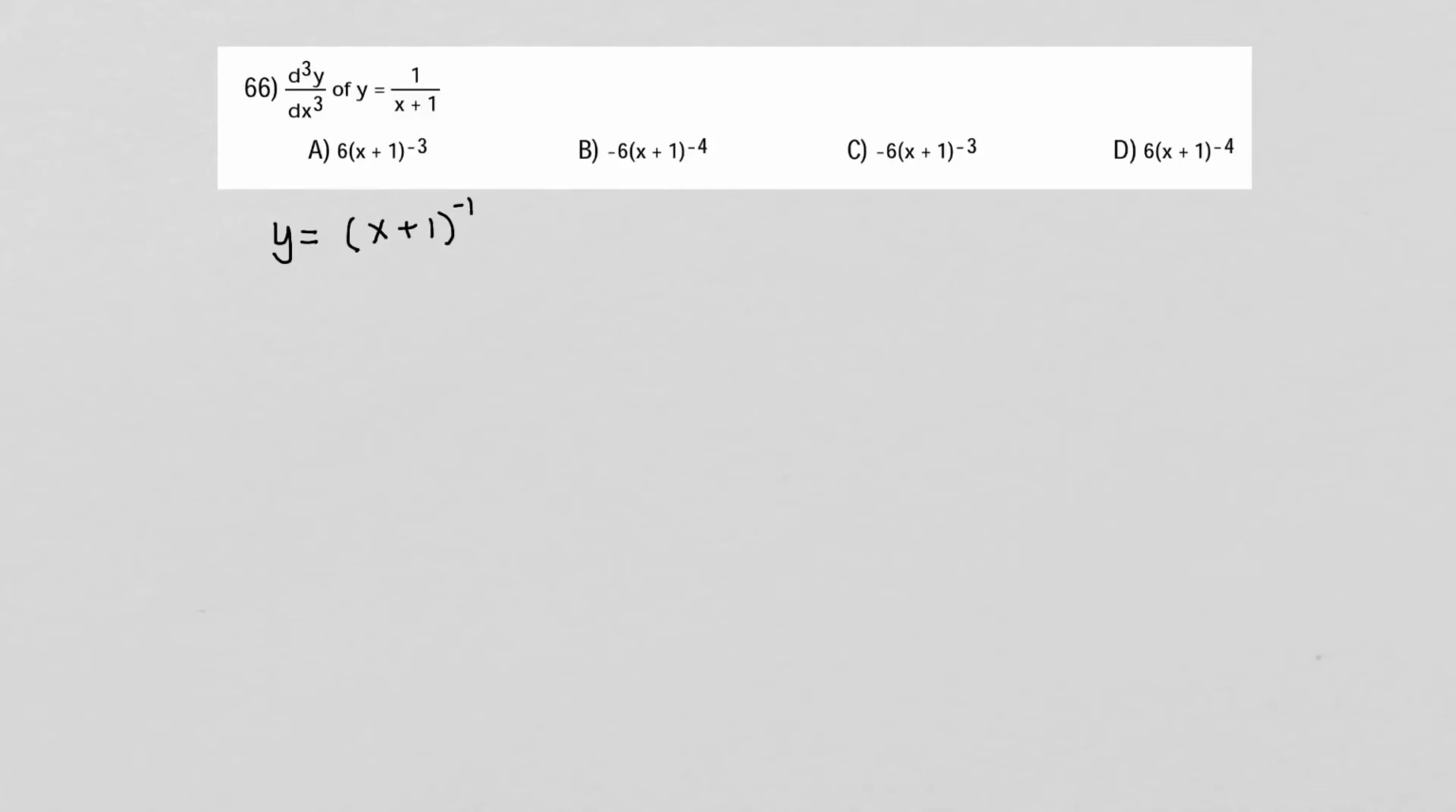That's going to make it easier to find my derivative. Because this way I don't have to use the quotient rule, I just use the power rule. So the derivative of y, of course, is dy dx. And so I take my exponent, write it out front, x plus 1, reduce my exponent by 1, so now it's negative 2, and then I multiply by the derivative of the inside, which is just 1, so didn't really need to do that. So I have negative x plus 1 to the negative 2 power, and I'm going to leave it just like that, because now I have to take the second derivative,